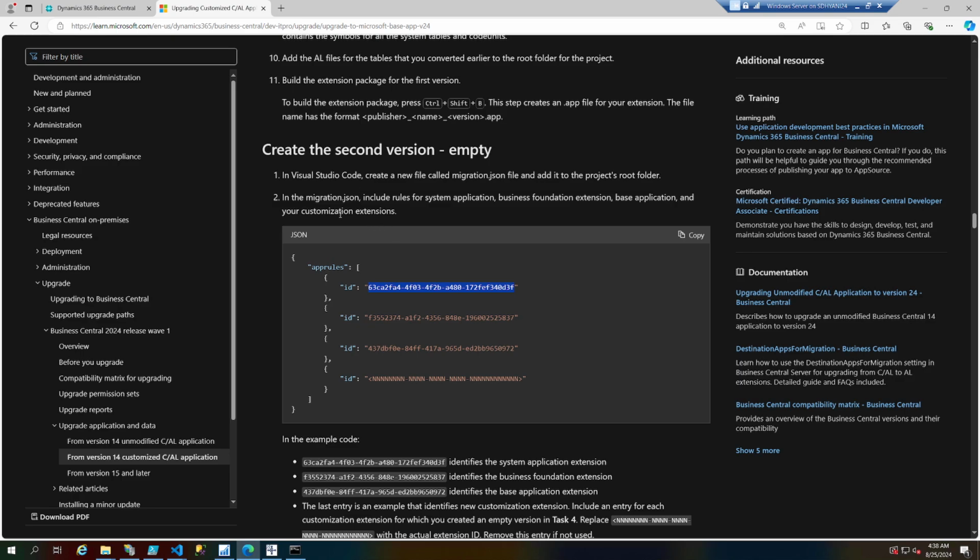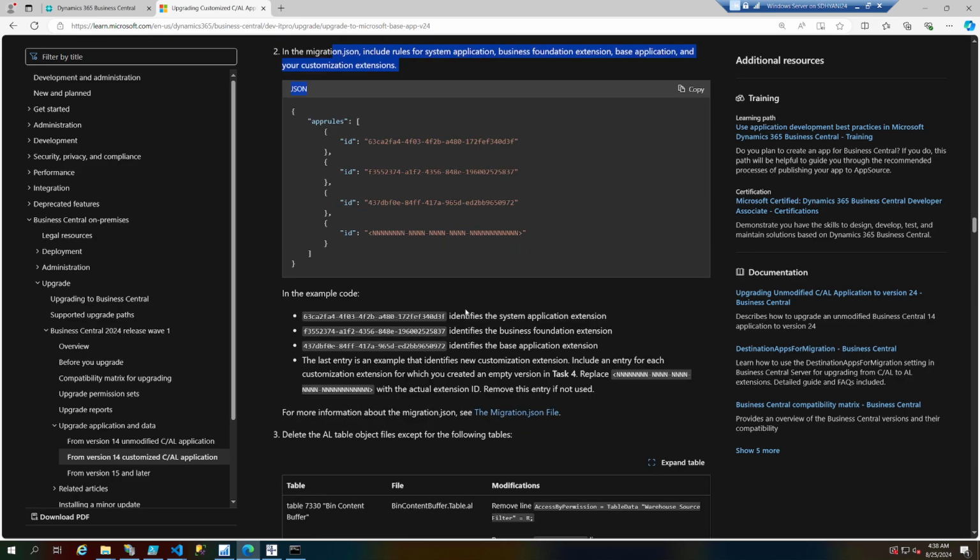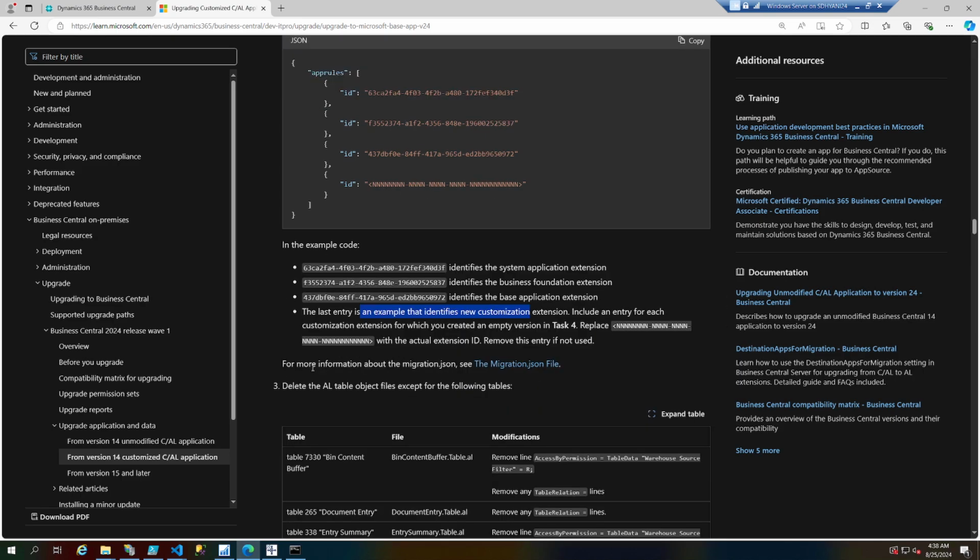Okay, so I've created this and put in the dependency, and here it's system application, business foundation, base. The last entry is the new customization. If you have multiple extensions, then you can add another line to it. Okay,